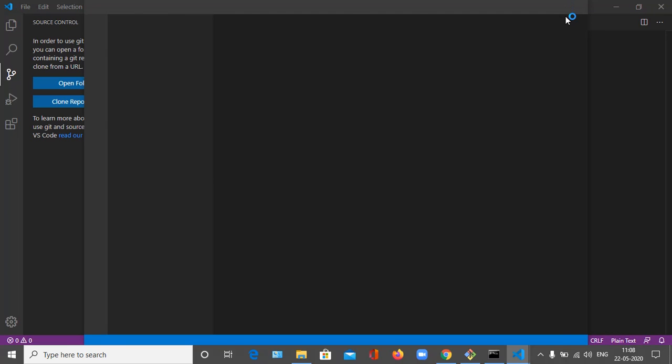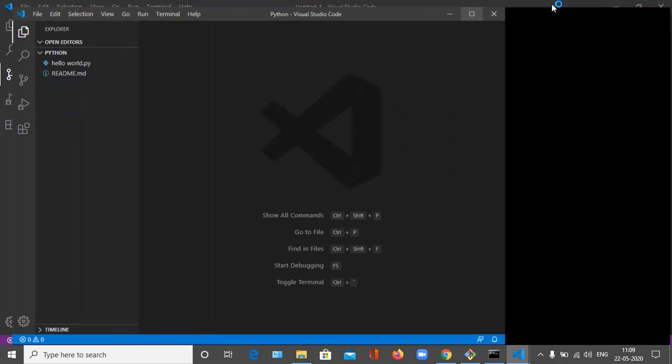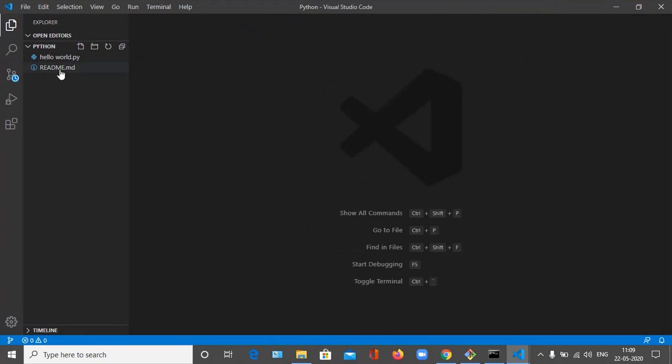It's your choice. You can work there also. So now see, these two files are available in our repository, and now I'm going to create one new file named second.py.